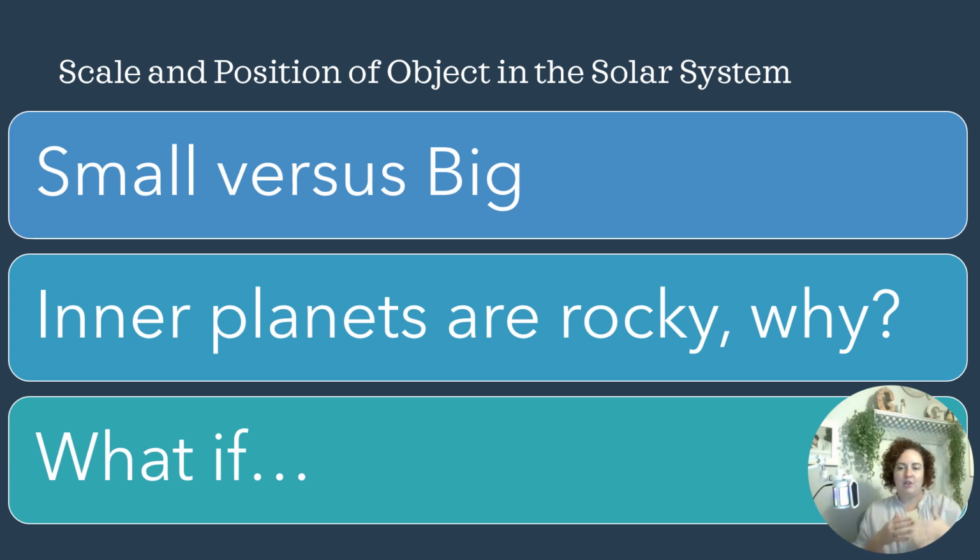What if you change the position of Venus and Jupiter? Okay, so we have to think about the size of Venus versus the size of Jupiter. Venus is about the same size as us. Jupiter is massive. So if you change the position of Venus and Jupiter, you flip them around, what starts to happen? Well, Jupiter will be way too close to the sun, and it's far too large to where their